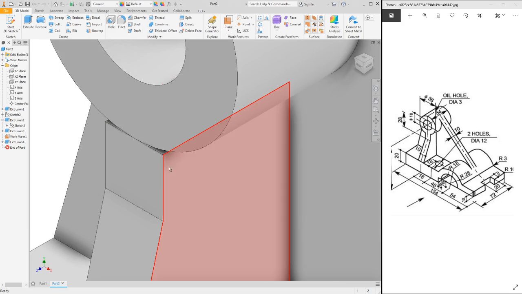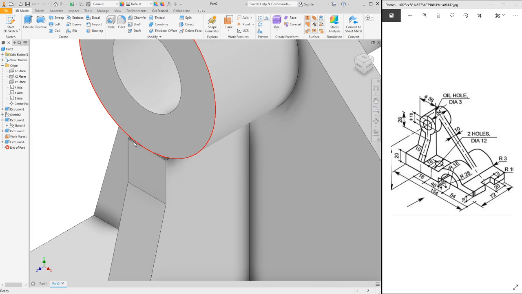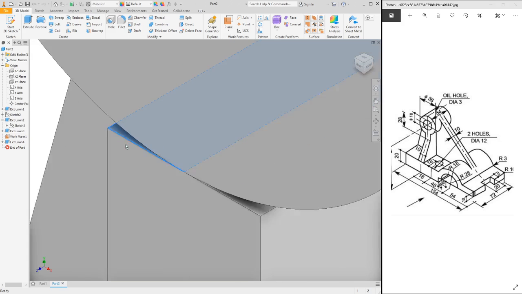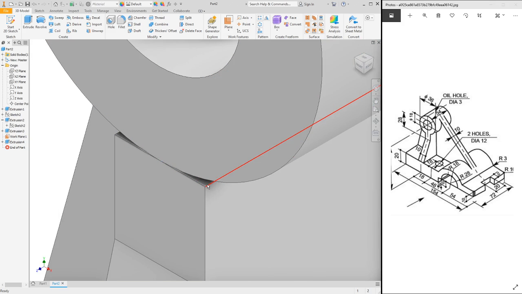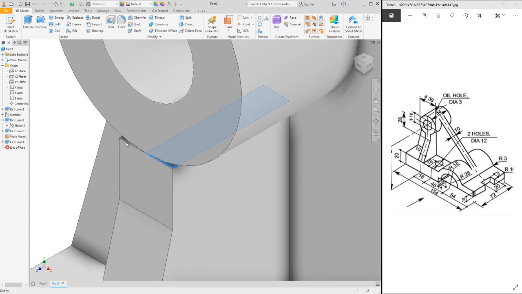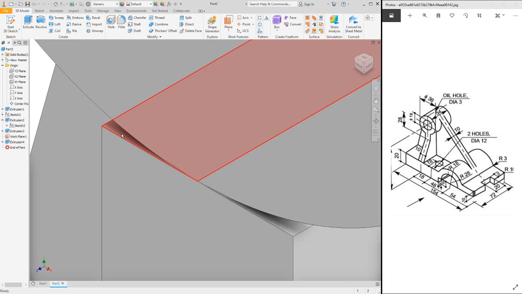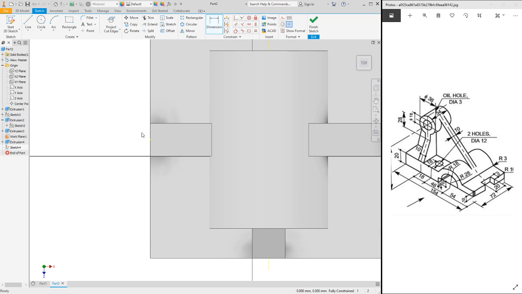Now when you zoom in, you realize that there is some space here. There's some gap over there, and we need to be able to close the gap. To close the gap, we have to create some sketches there. So we create a sketch and extrude to close the gap. Click on create sketch on that plane, and then we will